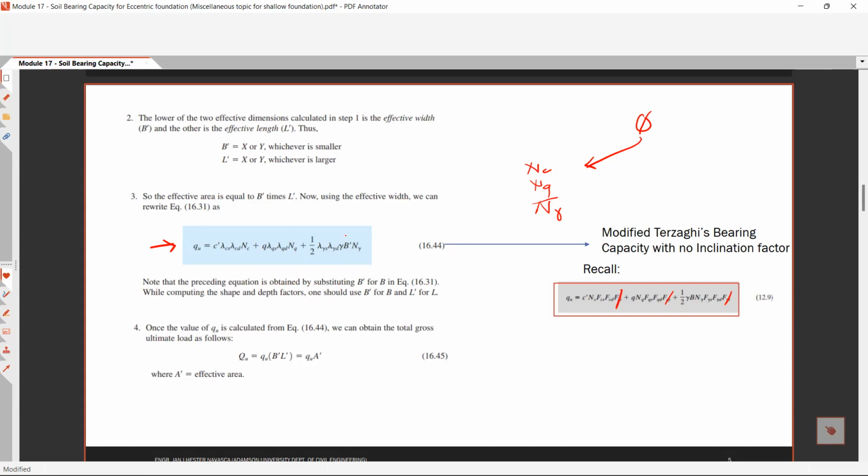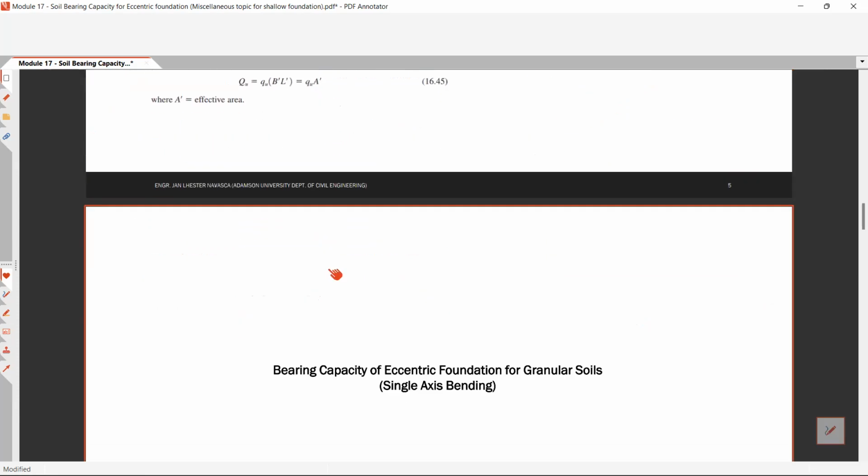Ginamit na yung equation na B prime. Okay. So next natin, once the value of your Q sub U is calculated in this equation, multiplied it to your B prime and L prime, you now have your total force. And A prime is the effective area. Okay. So mas maganda dyan,